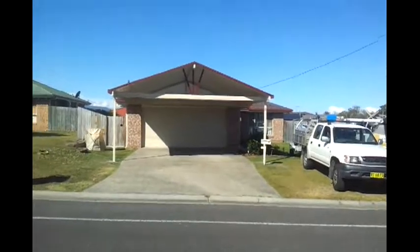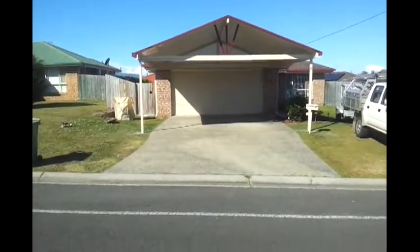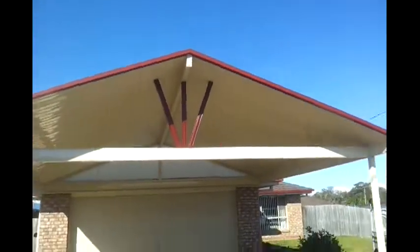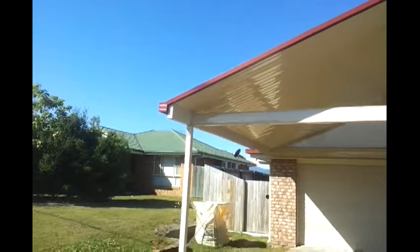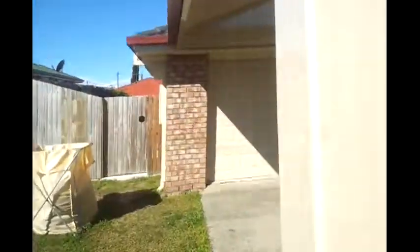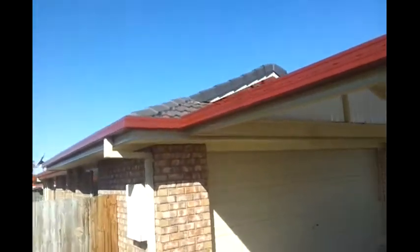Look at that, completion. Lovely, nice street presence now with a new carport out the front here. You can see the nice sunrise we've installed there, a nice little touch, a little bit fancy. Lovely red barges on Paperbark sheets and beams. You can see nice 70mm by 70mm RHS posts. We've got our red square line guttering, and what we've actually done here, we've